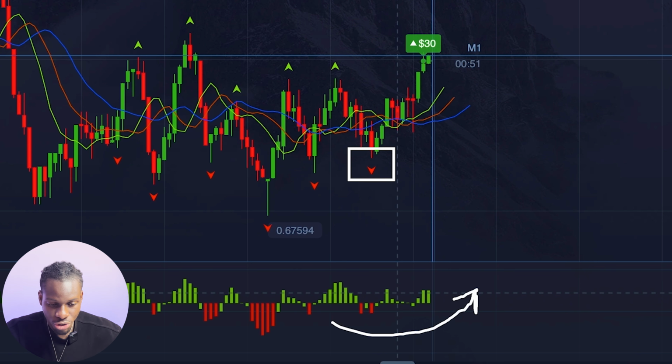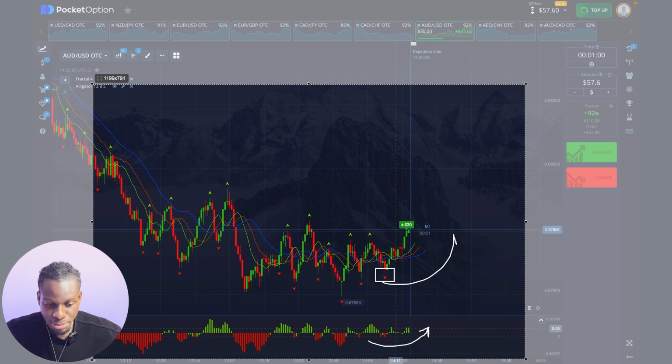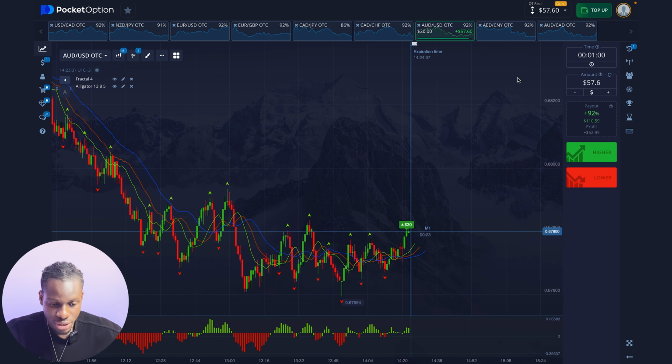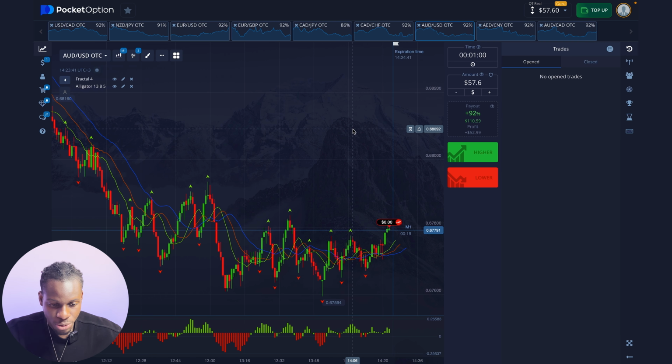Additionally, the structural minimum has been updated, which is indicated by the fractal indicator. So all these are indicating a possible